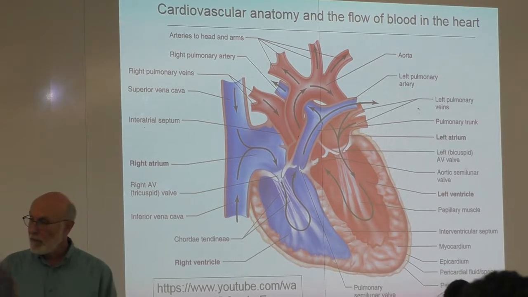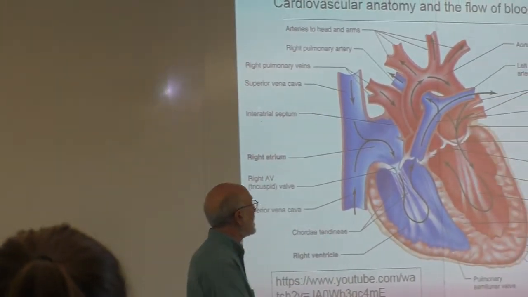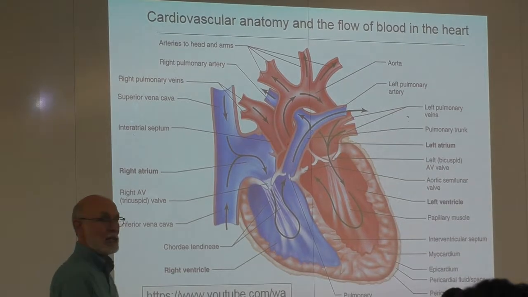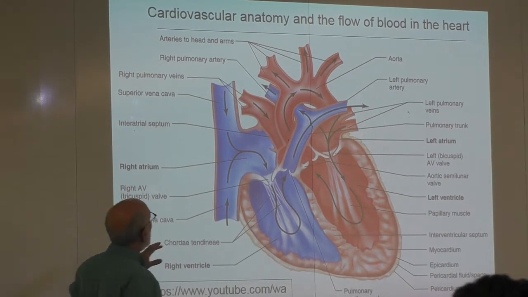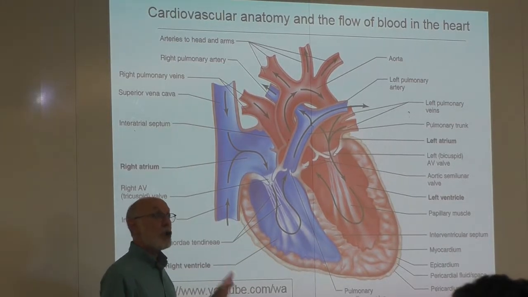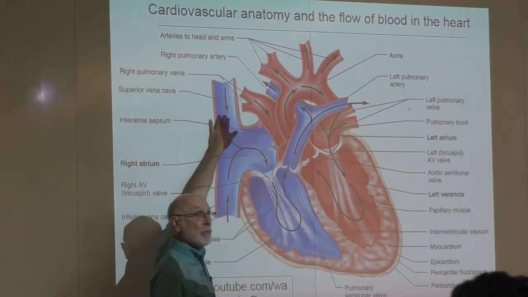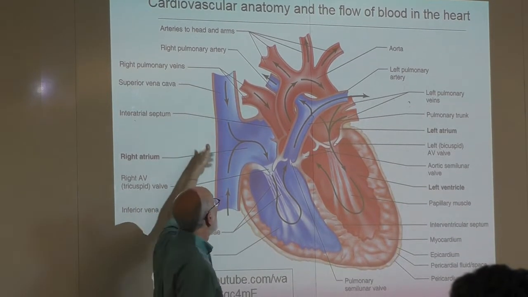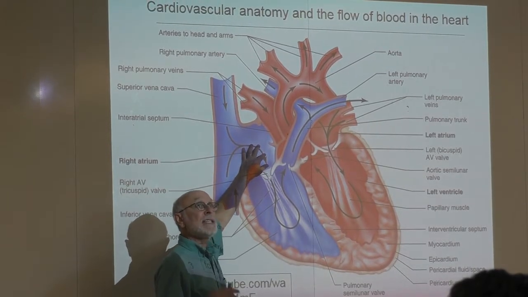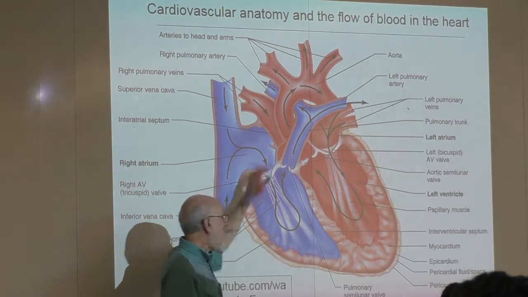And you've learned some of these names. In the past, I've whited out all of these names and used the laser to ask you to name things, but let's just go through this together. Systemic blood flow: systemic blood returns from the body to the heart via the inferior and superior vena cava, enters the right atrium. And during diastole, when the heart is relaxed and that blood is returning, diastole,